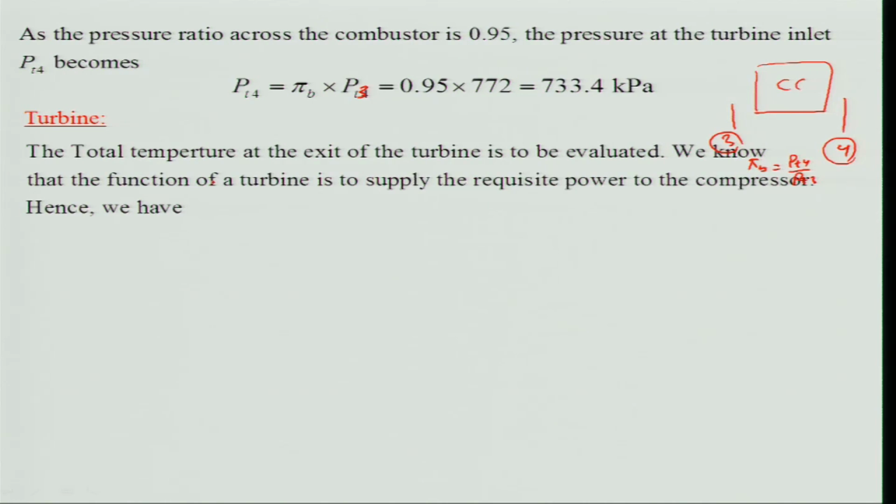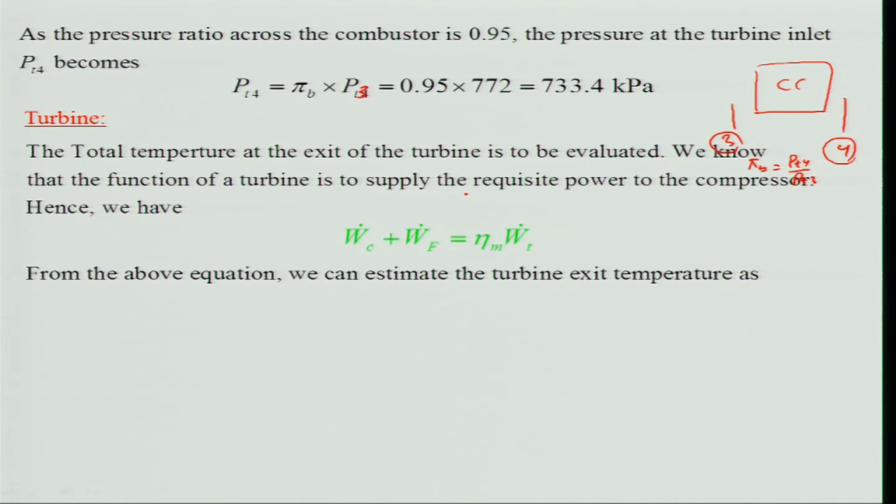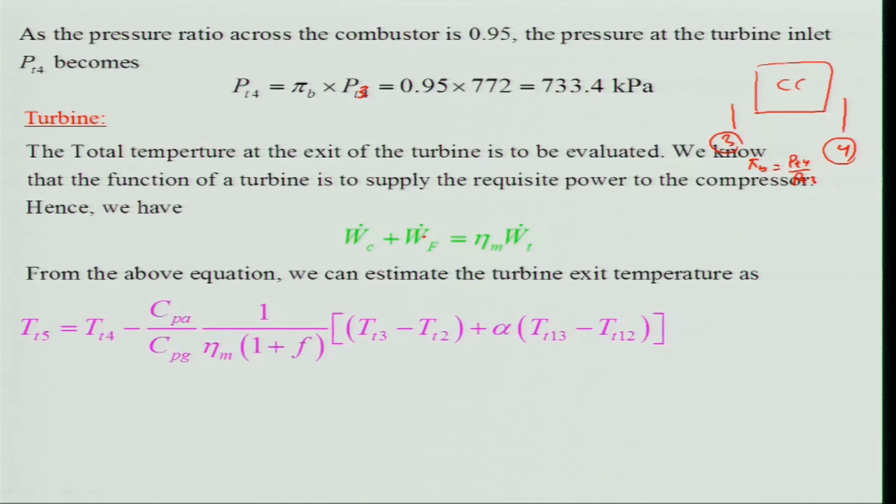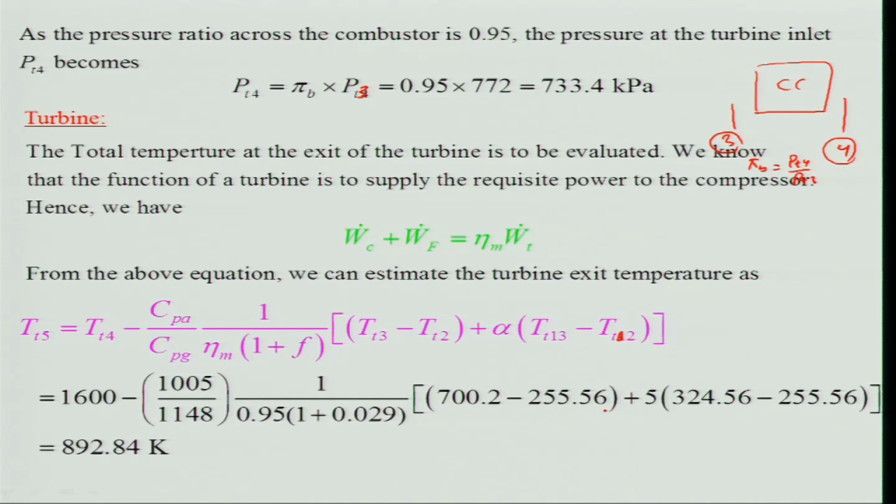Now we look at the turbine, where the total temperature at the exit is to be evaluated. We know that the function of the turbine is to supply the requisite power to the compressor and the fan. So, the compressor work plus fan work will be supplied by the turbine, and there is a mechanical efficiency, which will always be lower than 1. If you write in terms of temperature and Cp, like enthalpy change, then you will arrive at this relationship: Tt5 is equal to Tt4 minus Cpa divided by Cpg eta m (1 plus f), then (Tt3 minus Tt2) plus alpha (Tt13 minus Tt2). When you substitute these values, you will get